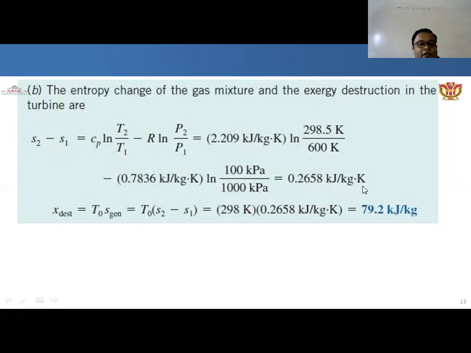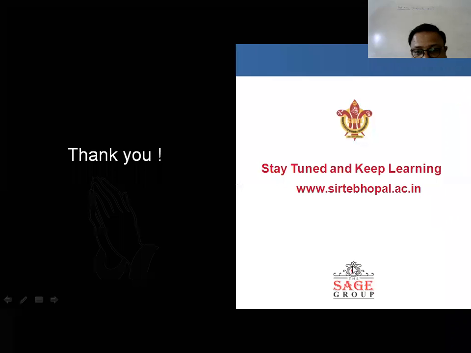तो इससे आप चेंज ऑफ एंट्रोपी की वैल्यू निकाल सकते हैं जो निकल के आ रही है 0.2658 किलो जूल पर केजी पर डिग्री केल्विन। और सिमिलरली यहाँ से आप जो सेकेंड लॉ का जो थर्मल एफिशिएंसी वाला पार्ट बोला गया था वो आपका यहाँ पे 79.2 किलो जूल पर केजी के हिसाब से निकल के आ जाएगा। इट इज द फार्मूला ऑफ T0 इनटू द चेंज ऑफ एंट्रोपी। जब आप पुट अप करेंगे तो 79.2 किलो जूल पर केजी निकल के आ जाएगा। तो दिस इज द टुडे लेक्चर।